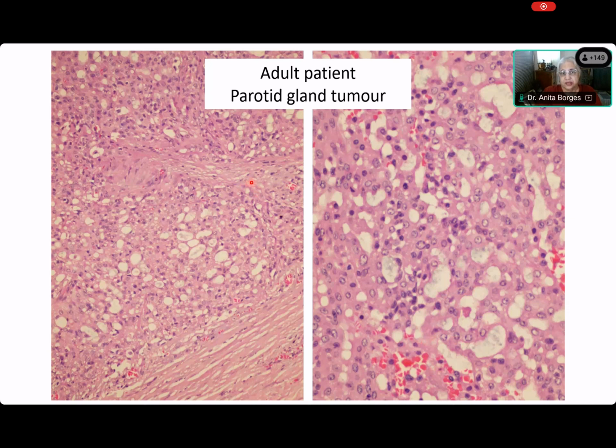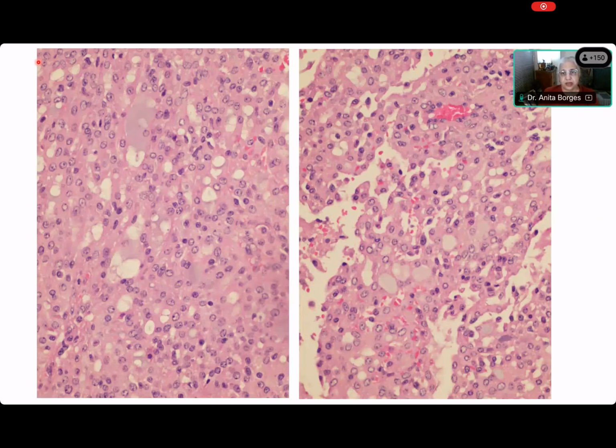And do you notice any cell borders or anything? No, ma'am, the cell borders are very indistinct. So it's almost like a syncytium. The cell borders are very indistinct, and you see these secretions that are sitting. Some of them are blue, some of them are pink, but they're sitting in these spaces that seem to emerge from the sheet of cells. Oh, that's very good. You look at it again, same thing. Can you see? And here you can see some little bluish kind of secretions that are present.